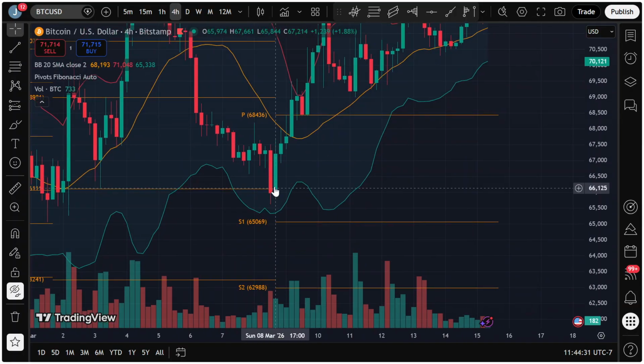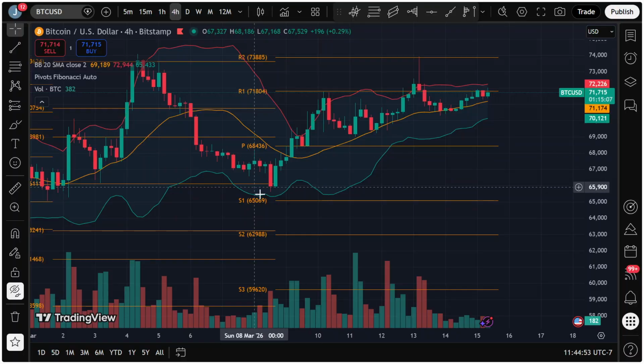And this guy was what I was waiting for. I wanted a break on the Bollinger Band. I did not get it. That one I don't think would have been quite as clear of an entry. I'm sure that it was more clear on the lower time frame, on the hourly chart, on the 15 and on the 5. I'm sure that you could have seen that entry. But that did keep me from longing at that time. I wanted to see a Bollinger Band break.